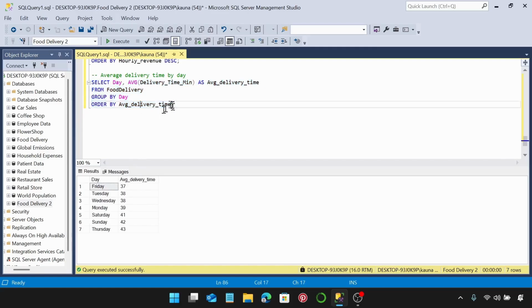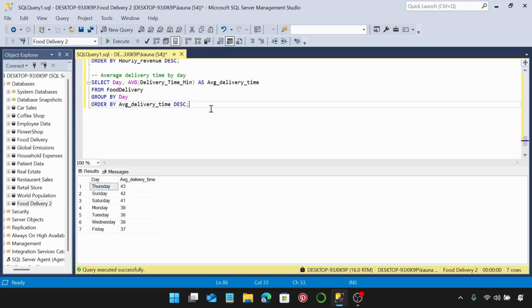So we have, let me do this in descending order and make sure instead of guessing we're trying to figure it out. Okay, so Thursday has the highest delivery time, then we have Sunday coming in next. So I think the best time to order will be Friday, because it has the shortest average delivery time. But yeah, that's the average delivery time by day. Let's look at the